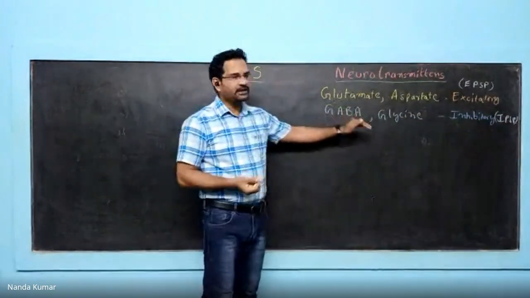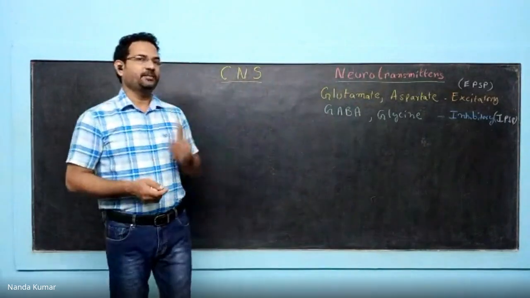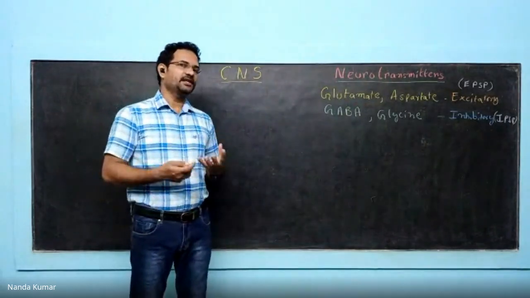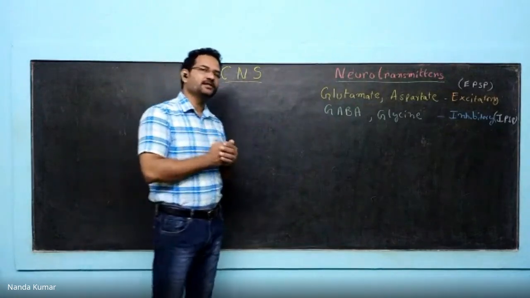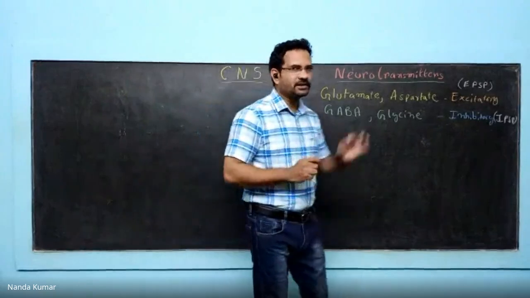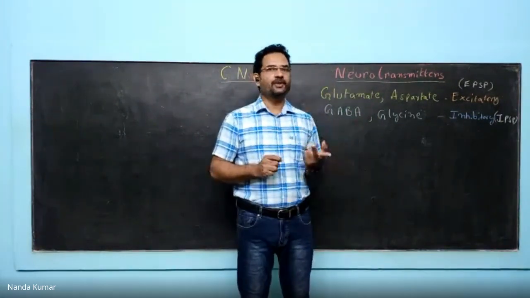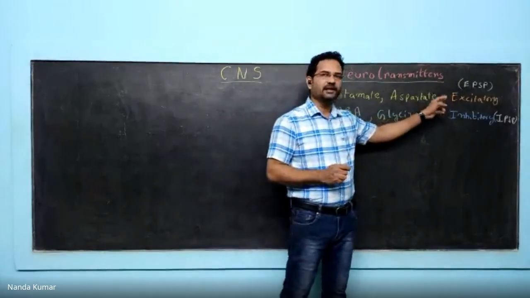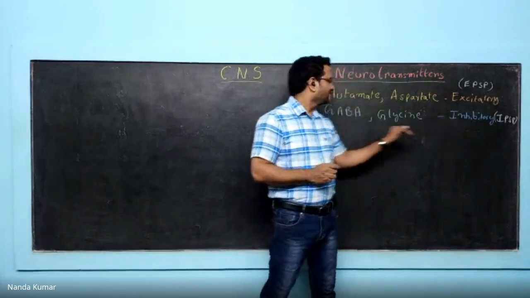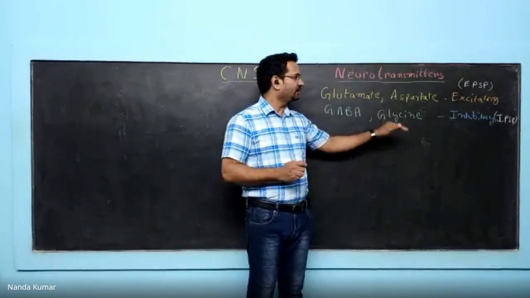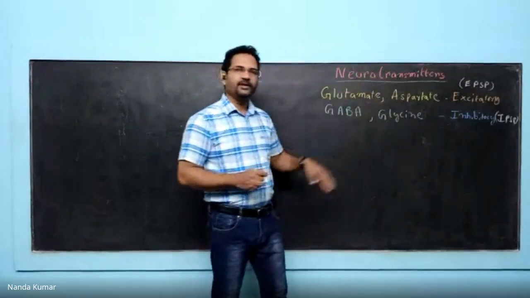Again, the same thing. The moment you see inhibitory in neurotransmission, that indicates they cause hyperpolarization. What is excitation? Depolarization, opposite to the charge. What is the normal charge in the neuron? The resting membrane potential is negative 70 millivolts. If it is converting into positive, it causes excitation. If the negative further increases, it is inhibitory. So GABA and glycine are the major inhibitory, and glutamate and aspartate are the major excitatory. All these are amino acids.